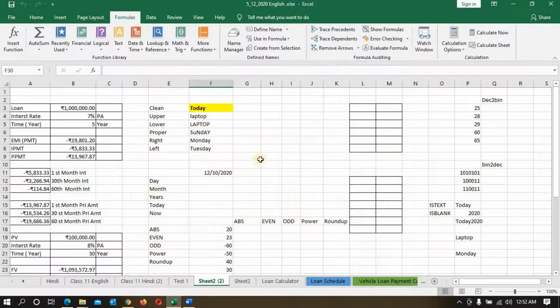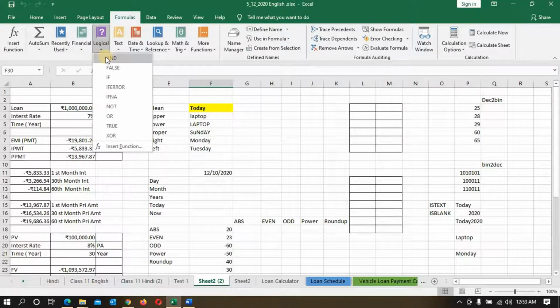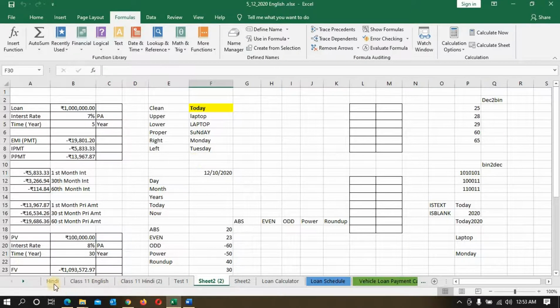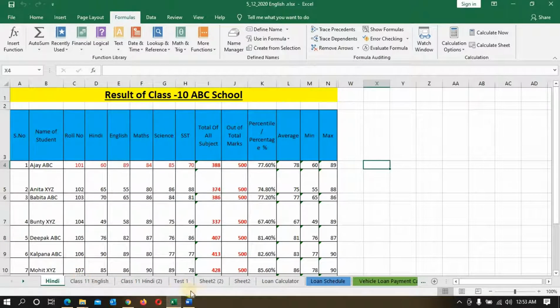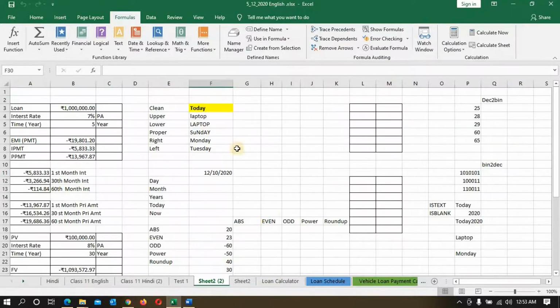So let's go to our screen and we'll show you. Insert function, auto sum, recent financial, we already did it. If you did not see that video, you can see how we can calculate our loans and other things. Logic we already did it: false condition, if condition, true conditions, we already did. If you did not watch, you can see our videos where we already explained many things to you.